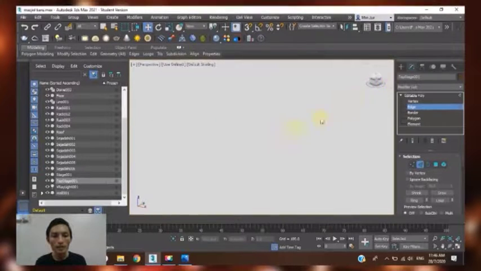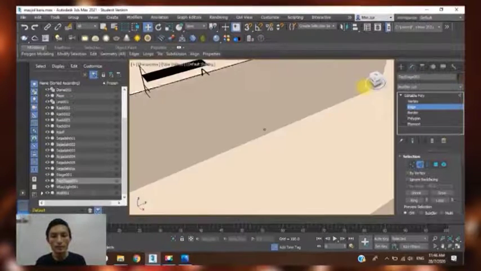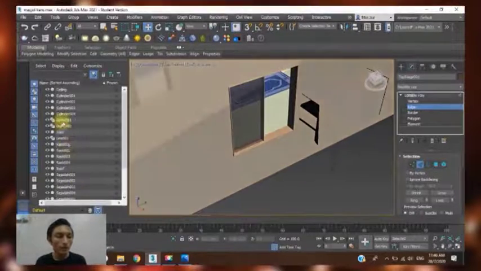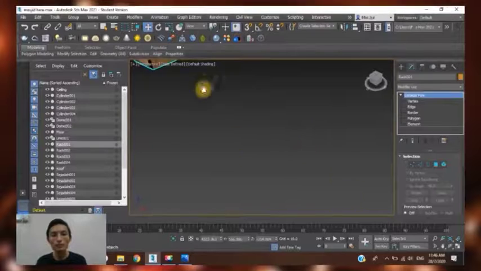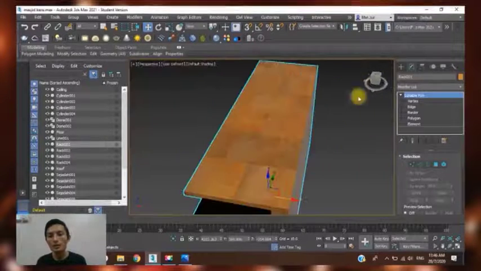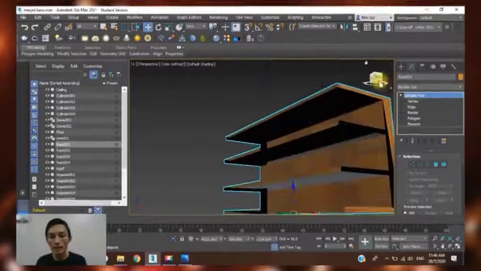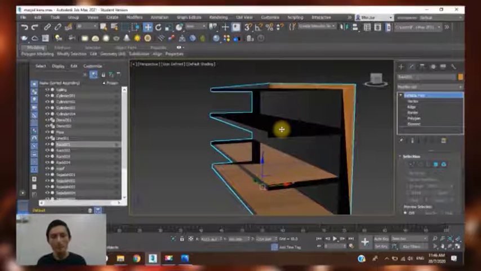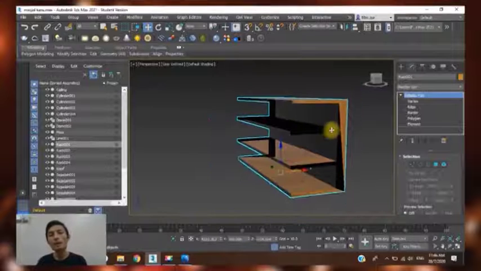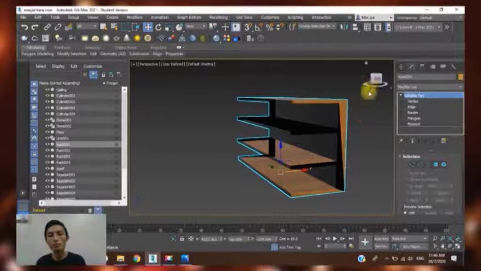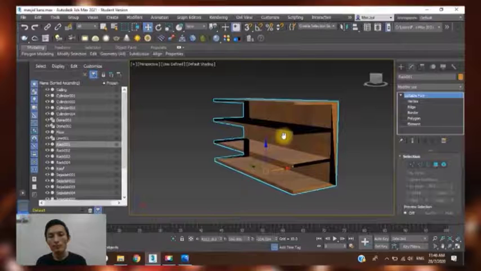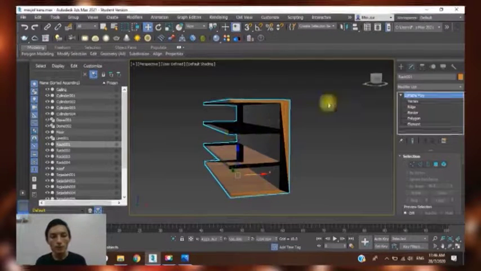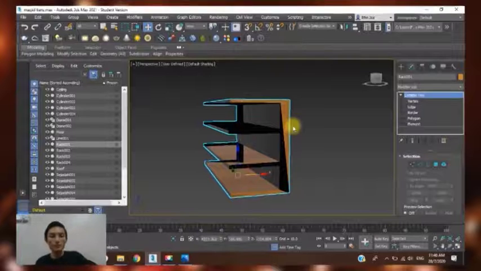Okay, lastly, for the rack, I'm going to pull up one of the racks. For the rack, I use the same object, which is the box, because the box can be shaped into many objects, and the rack is one example. So to make this, as you can see here,